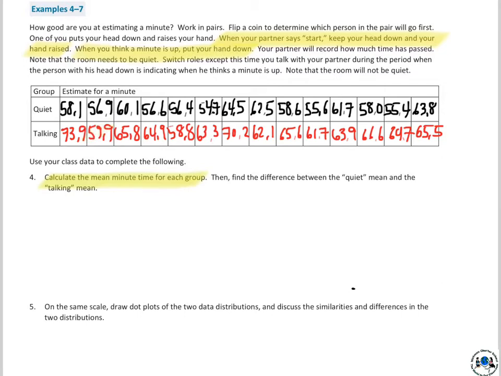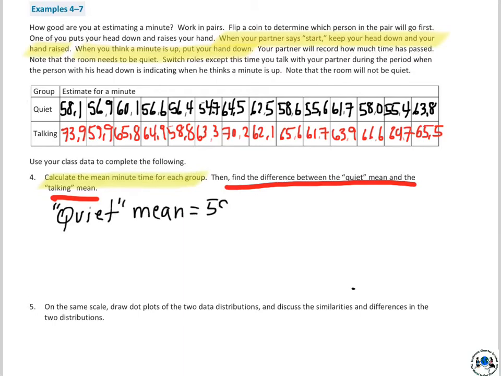So number 4 asks us to calculate the mean minute time for each group. Again, these are 14 different pairs of people doing this back and forth, and you're going to calculate the mean time for each group. Then we're going to find the difference between the quiet mean and the talking mean. Remember, we did that before in the last lesson as well. So if I go ahead and do that,